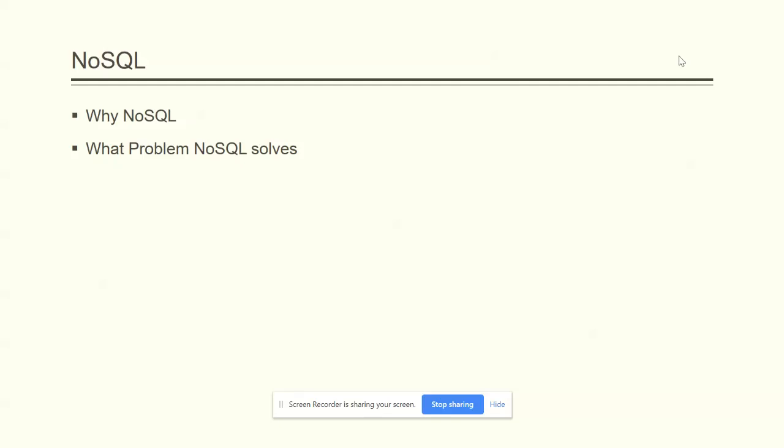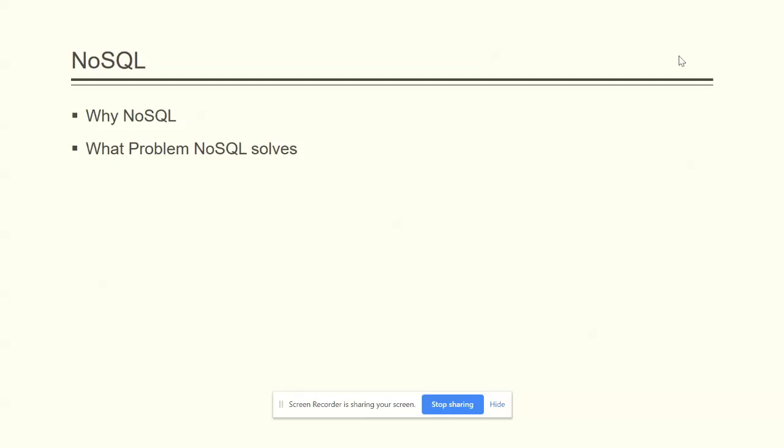NoSQL doesn't mean that it doesn't have SQL. What is SQL? SQL is structured query language. So does that mean that Cosmos DB or NoSQL doesn't have SQL? No, it is not like that. It's a term introduced, but it has nothing to do with that. Actually, what NoSQL means is that it's completely opposite of what we are doing in RDBMS. So it does not have a fixed schema. That's the important thing about NoSQL.